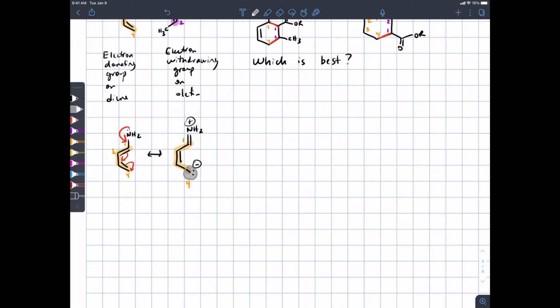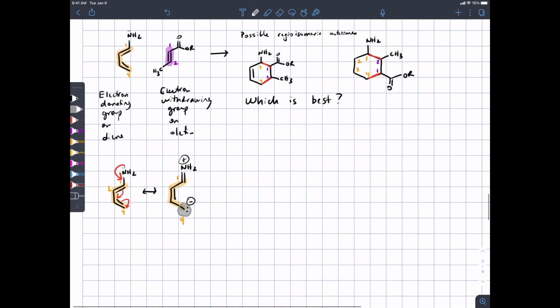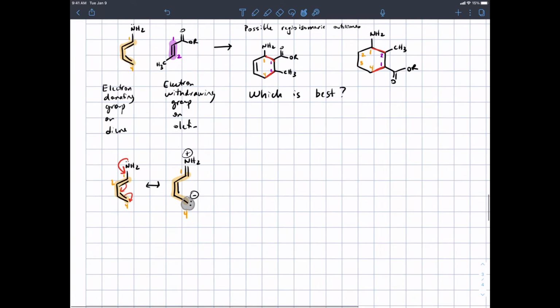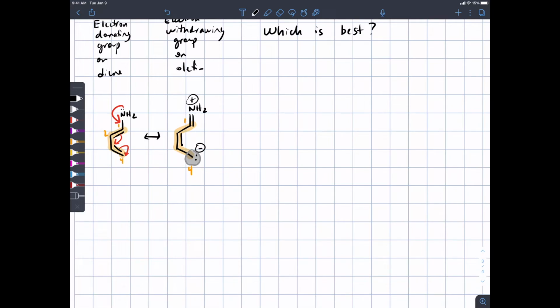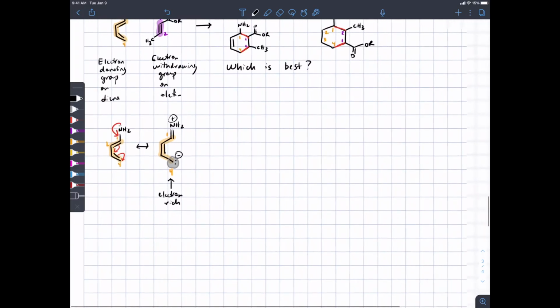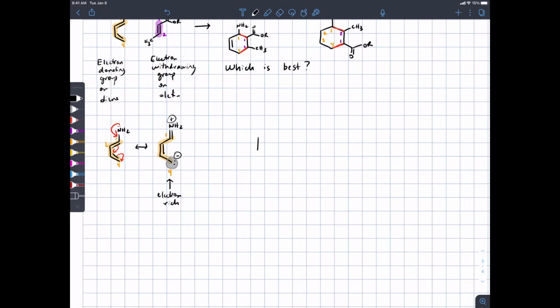Yes, of course, but carbon 2, orange 2, is not involved in bond making in the Diels-Alder reaction, or at least not involved in making the sigma bonds. And since the regioisomeric issue has to do with which sigma bonds we form, I'm trying to identify whether carbon 1 or 4 is electron rich. So we conclude based on resonance that orange 4 is electron rich. Through similar arguments, we can determine